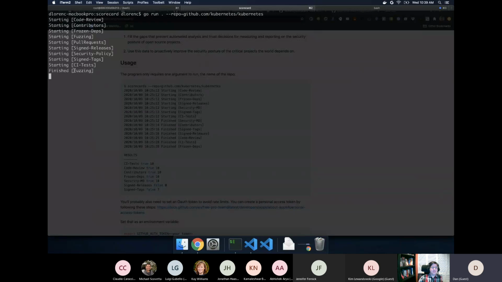One of the other checks here is whether a project is using some kind of fuzzing platform. So I look for different fuzzing things in the code and then compare it with the OSS-Fuzz database as well to see if there are fuzzing results. So those are some of the quick ones since we're just looking through the code and don't have to make a couple dozen GitHub API requests. Kubernetes is a huge repo, so this is one of the slower ones. And so for this fuzzing, already beats